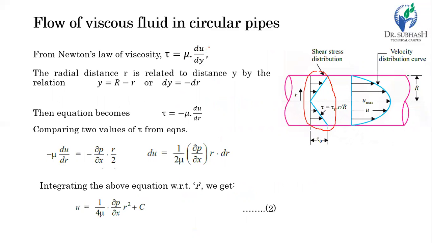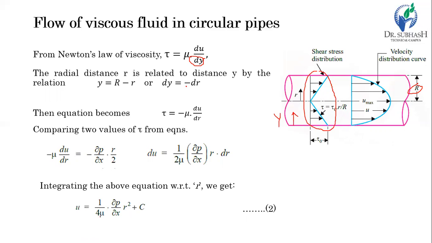But here one thing we have to keep in mind is that dy is the linear distance between two layers in the vertical direction. But here for the pipe we are using a radial direction. Though it is a linear relation, it is in the radial direction. So we have to convert this linear distance y into the form of r. In this case, y we measure from the boundary of the pipe. So we measure y in this direction.